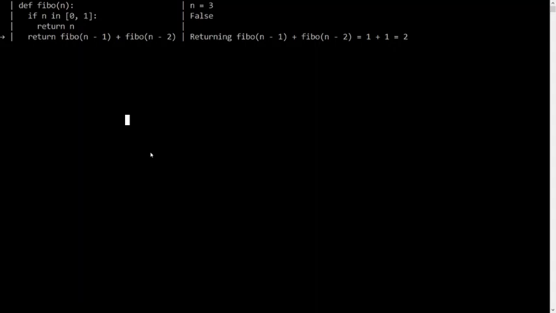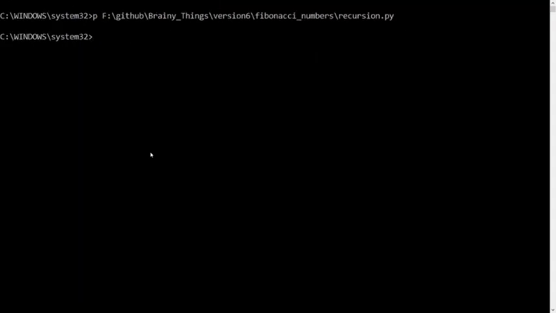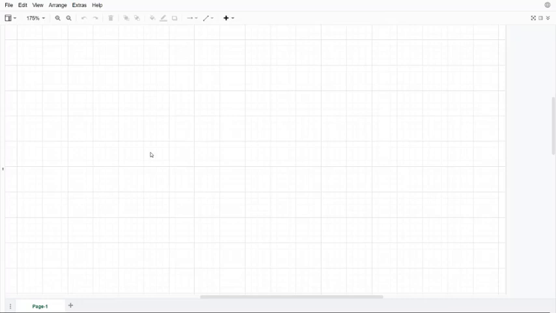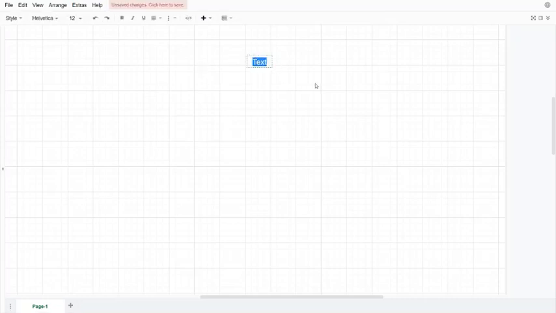So it might seem simple here, but there is a catch over here. We will illustrate this problem by visualizing the recursion tree that it generates. Say for example, we are calling the 4th Fibonacci number. For Fibonacci 4, it will call two recursions, that is Fibo 3 and Fibo 2. Till now this case is looking good.